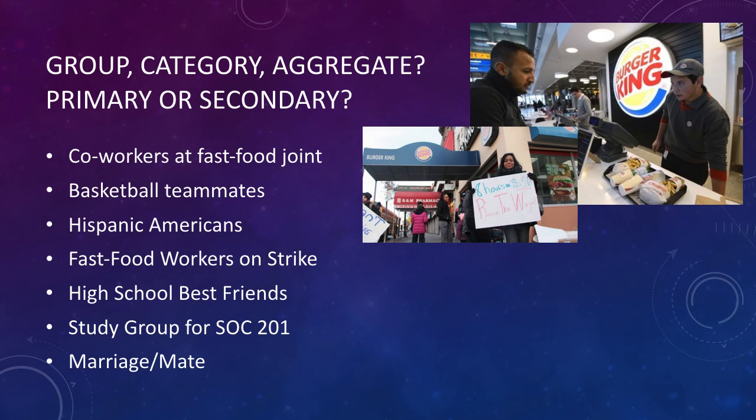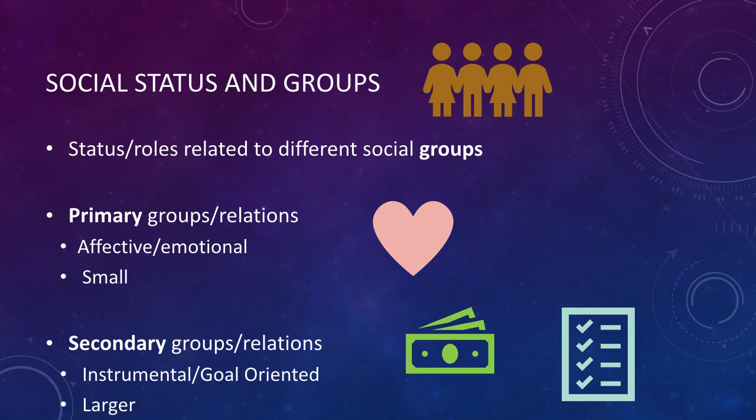Another thing I want you to think about is how do primary relations form within these secondary groups, these larger groups? What happens when we start forming a clique inside our work group, right? The people we work with. What happens if people develop romantic attractions in those contexts? And how does that strain the secondary group goals?